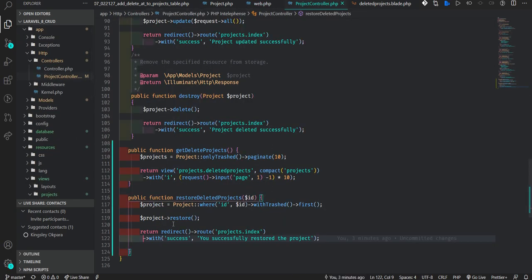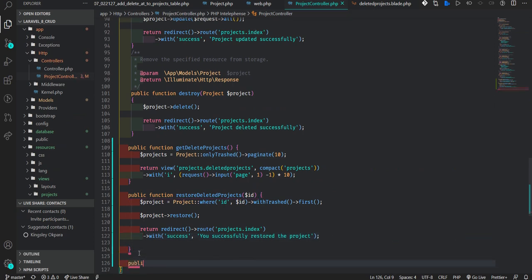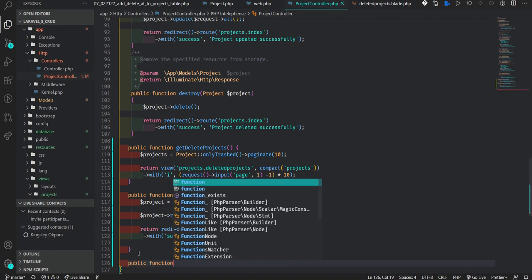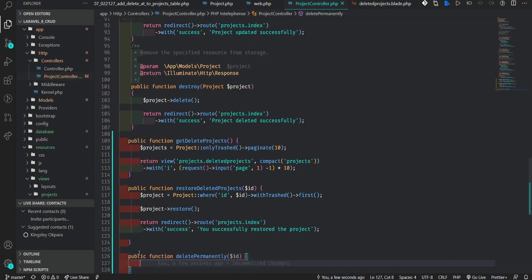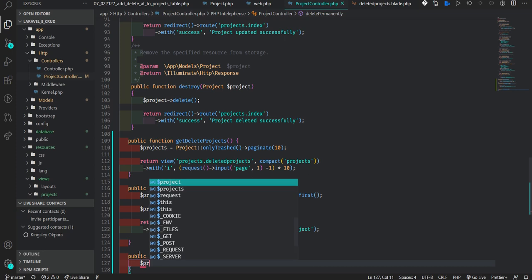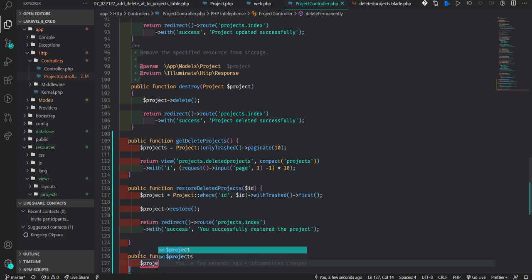Now coming to our project controller, we are going to create that function, that method. We call it this. It's also going to carry an ID. Collecting an ID, we query that very project.